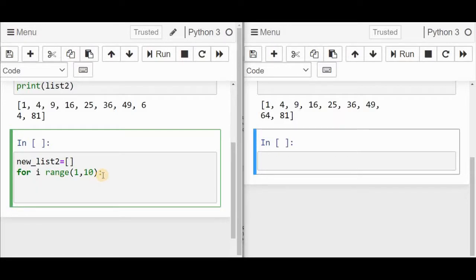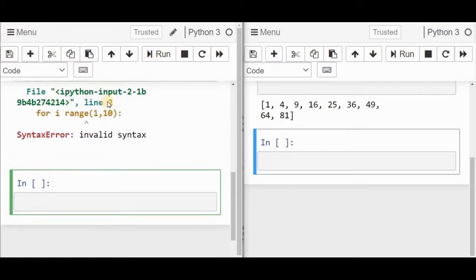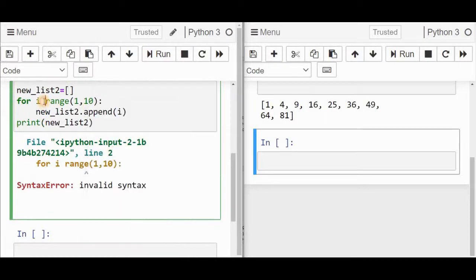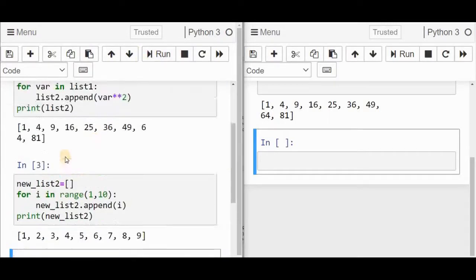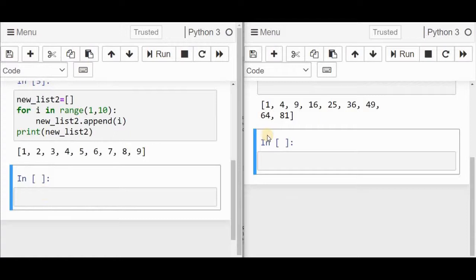I'm going to append it in the list. So dot append i, that's it. So here a new list will be created using a for loop. Now I'm printing list2. Let's see how the output looks. Sorry, I didn't specify the in operator. That is a membership operator. We have to specify it whenever we are using the for loop. So if you see, we have created one list which contains the numbers 1 to 9.